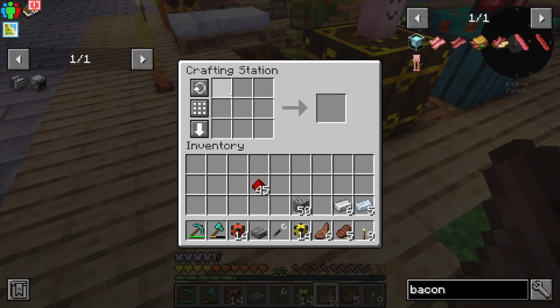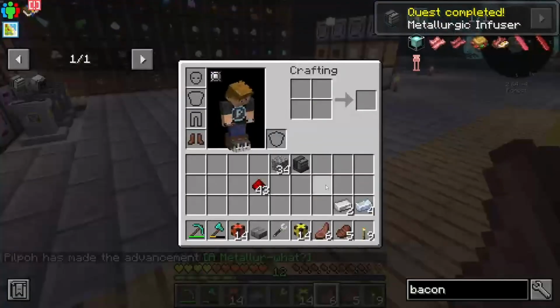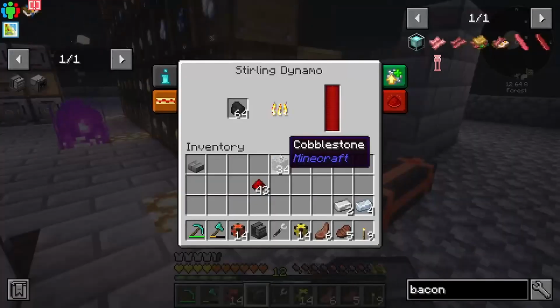We need some furnaces, or furnae. I think that's the plural. If it's not, I'm sure you guys will tell me. So there's the metallurgic infuser. We can't make this yet because we need to make some steel for the steel casing. I'm just going to go stick this. I thought this would stop when it's...